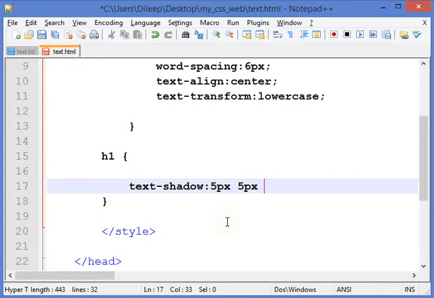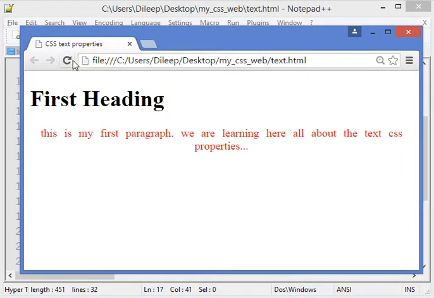Then we have to apply the blur, how much blur we want, blur radius basically. So suppose I want a blurriness of 2 pixels, and then the color of the shadow, so red suppose. Okay, I'll save it and I'll go to the browser and refresh it.